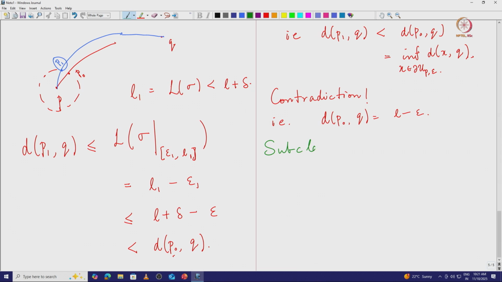The second subclaim is rather simple, is that the supremum actually belongs to the interval I. Okay. So why is that? That is because capital T is the supremum, so there exists a sequence of times Tk. So in particular the supremum is a limit point, so there exists a sequence of Tks such that Tks converge to T, but then